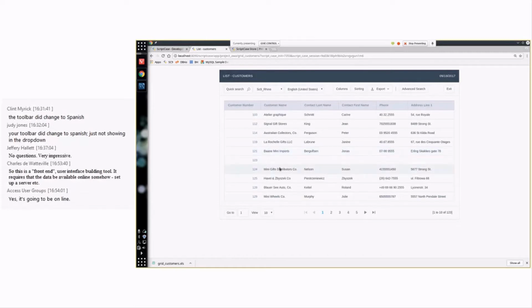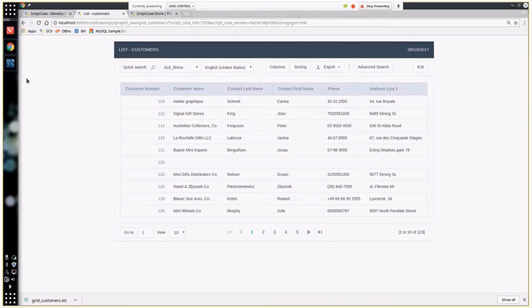There is another question. Can you see them? This is a front-end user interface building tool. It requires that the data is available online. Somehow set up a server. Another feature of this program is that once you complete your application, all you need is